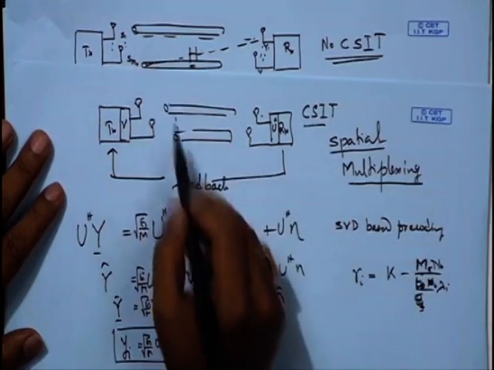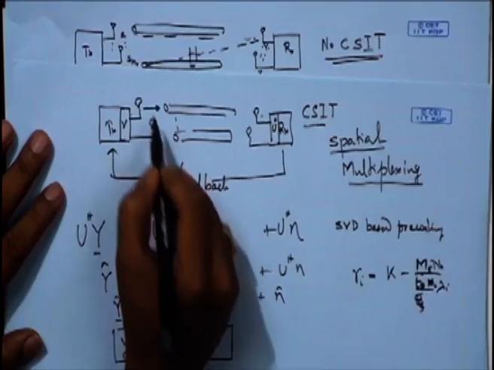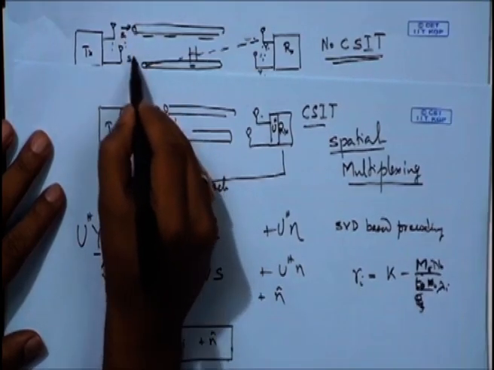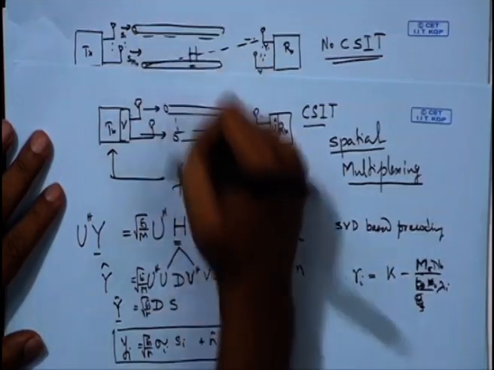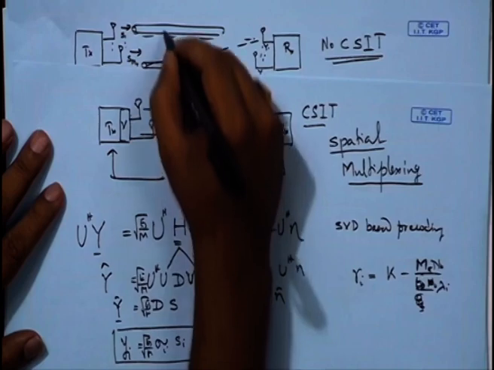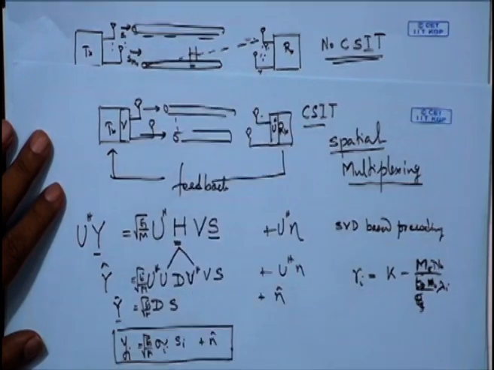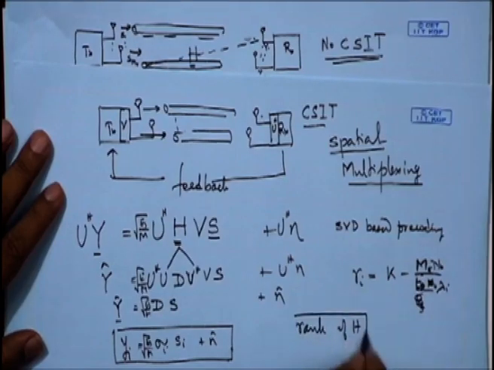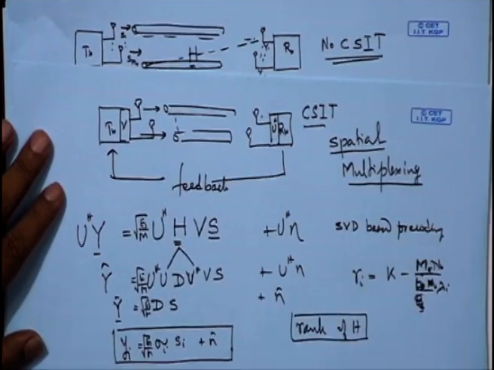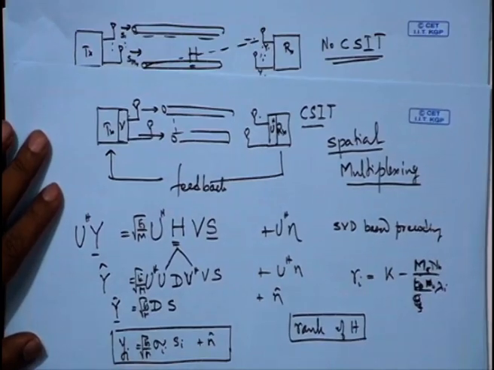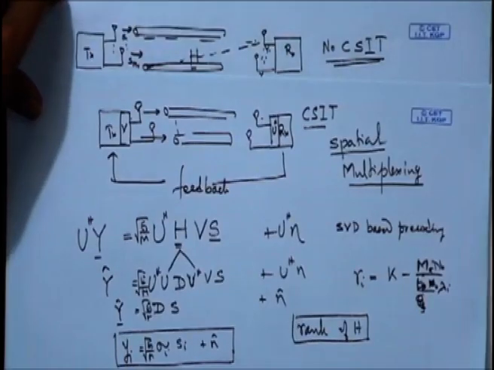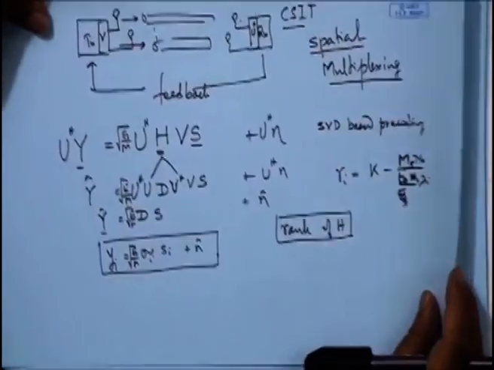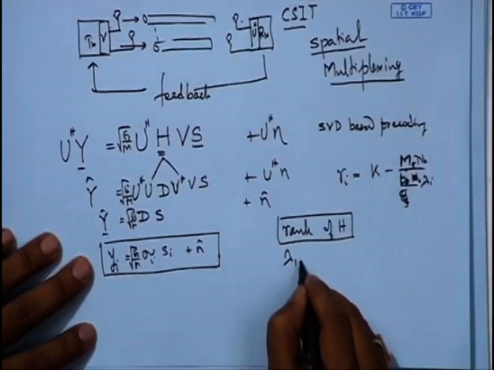Summarily, when we do either of these two schemes, we are sending parallel information from the transmitter to the receiver. The number of such parallel links is as many as the number of independent links available, and this is indicated by the rank of H. The rank of H would indicate as many independent links. There are many details to it. Sometimes it's not very easy to identify the rank of a matrix, and one would deal with the eigenvalues